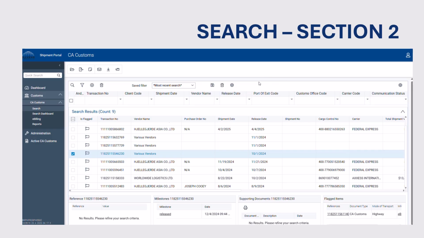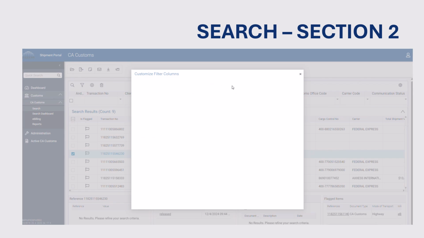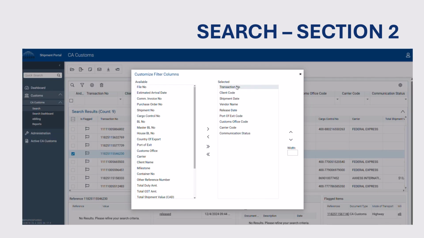The second section corresponds to the search filters. This is where you can enter criteria to refine your search. Let's start with the gear icon located in the middle of the page. Do not confuse it with the one at the top right corner, which has a different function that we'll cover later. This icon lets you customize your filter controls, meaning you can define which fields will be available for